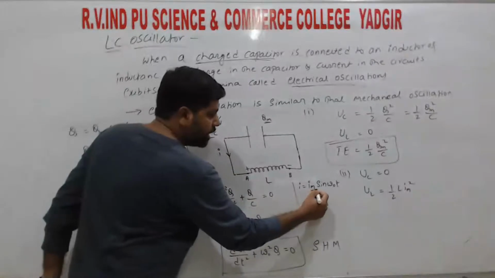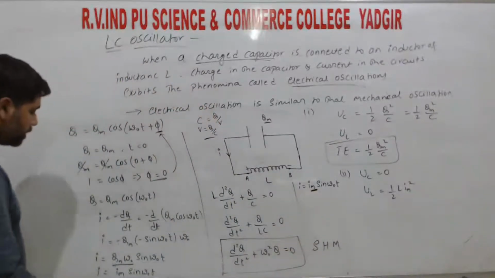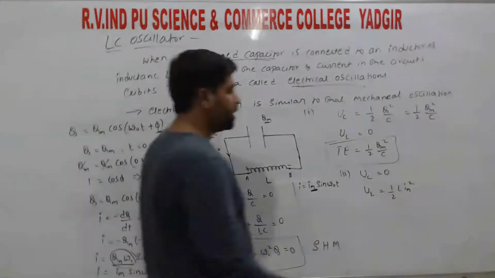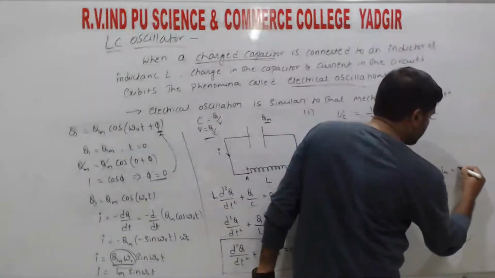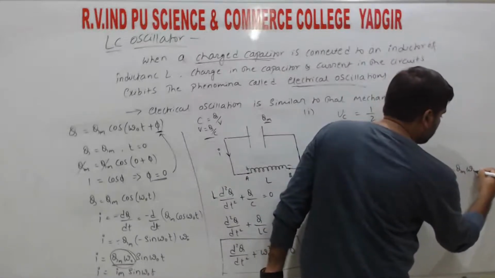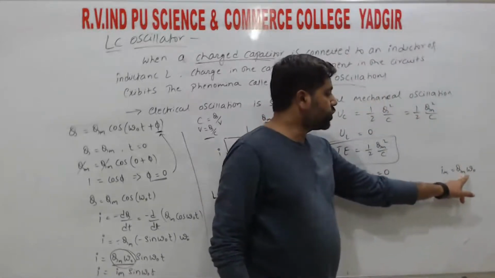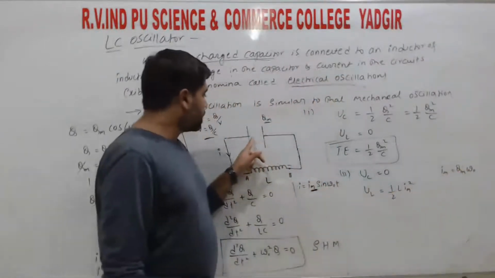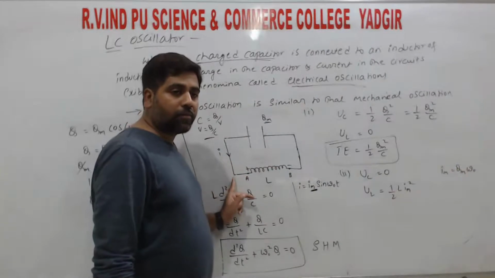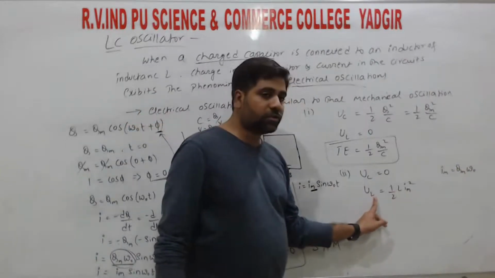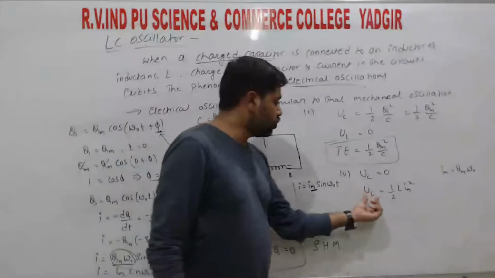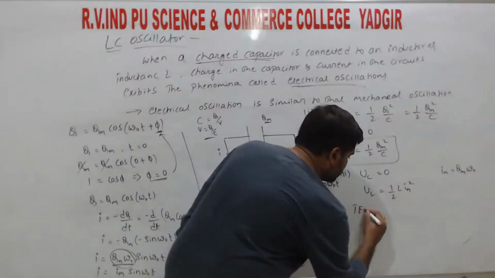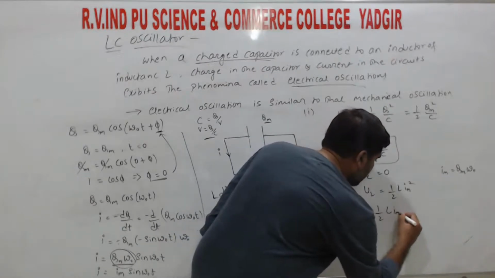So we relate that one, I_m. I_m is equal to Q_m omega naught, right? I have written it below, you can see, where I_m is equal to Q_m omega naught, where Q_m is the maximum charge. Similarly, when all the charge has flowed, the current is at its maximum. So that is the energy which is stored in the inductor, right? So U_m is equal to half L I_m square. So again here the total energy is equal to half L I_m square,